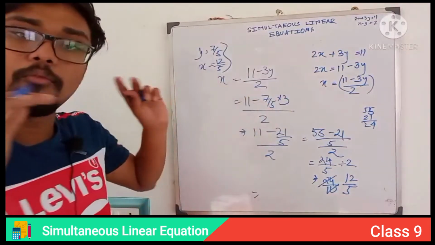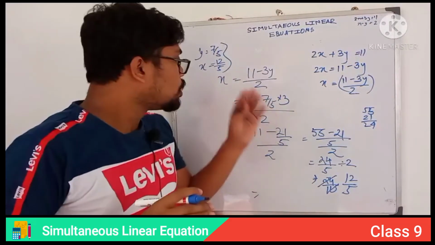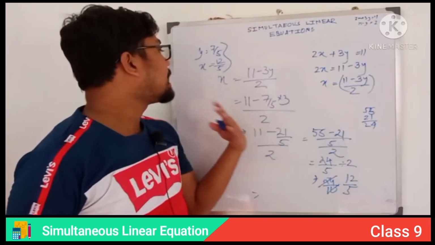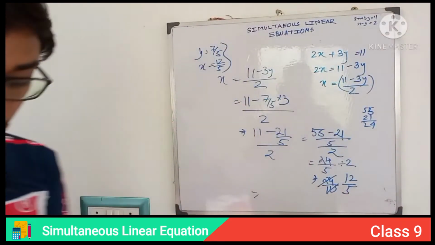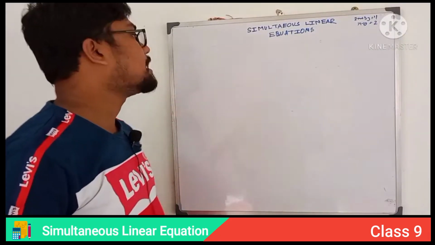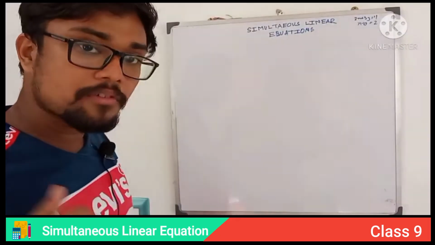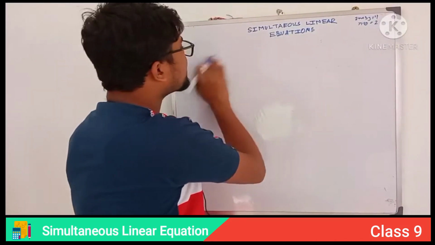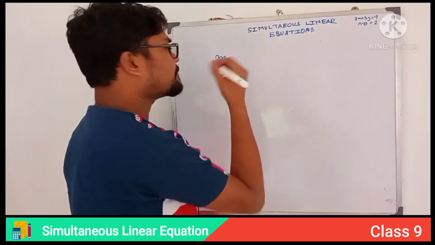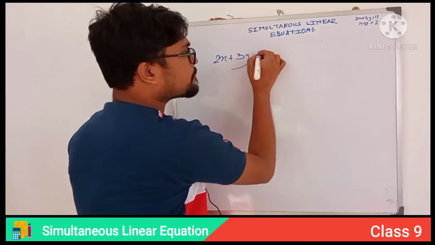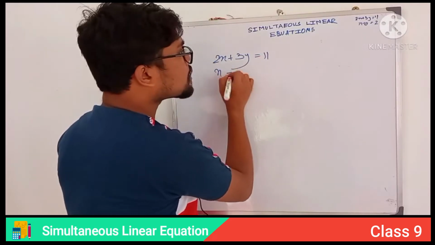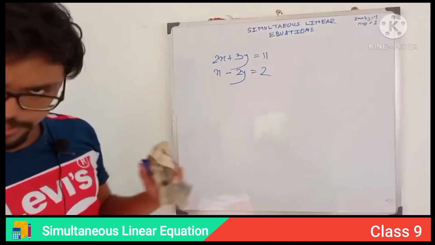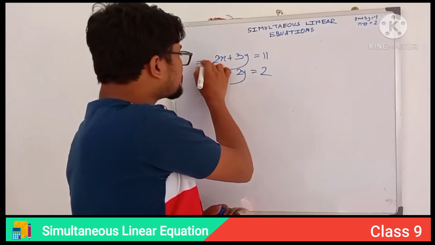So this was a complete substitution method to solve two variables x and y with the help of two equations. Now, fine, that was the substitution method. Now I will come on to the elimination method. What actually is the elimination method? Again I write another equation similar to that, just one variable is changed: x minus 2y equal to 2. All are the same, the coefficient of y is just changed. Now what is the elimination method?